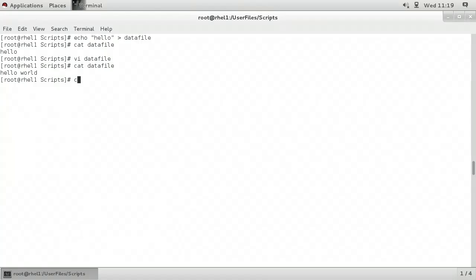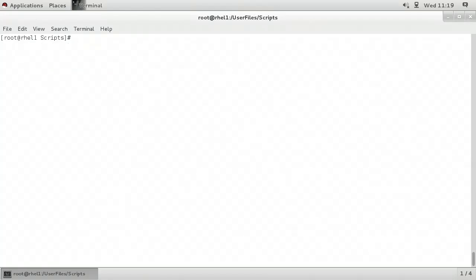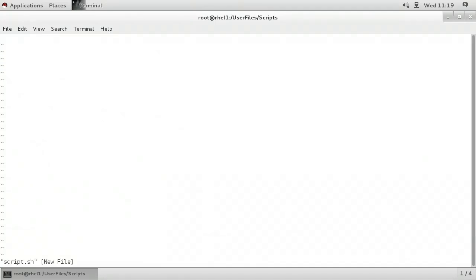We were then asked to create a script that would tar our file. So I'm going to use the vi command to create a script called script.sh. I'll press insert, and the first thing that should be in every script is the shebang line. In this case, #!/bin/bash. Then I'll use the tar command with -c to create an archive, and f, where I'll then specify the archive file name in /backup